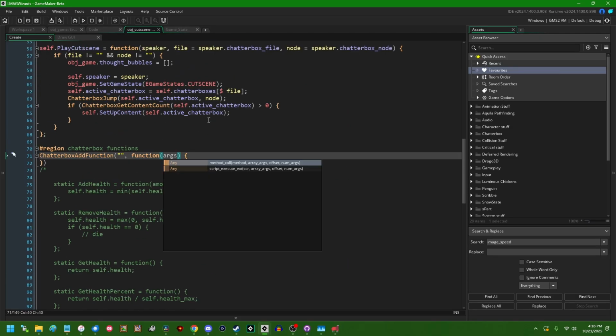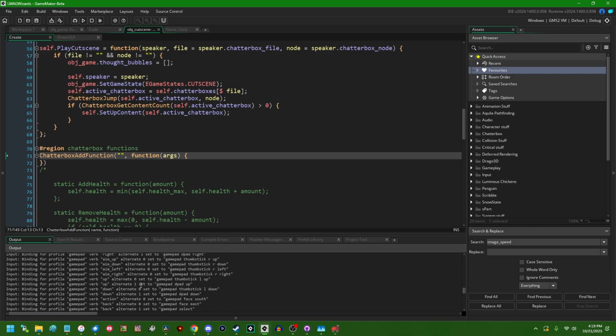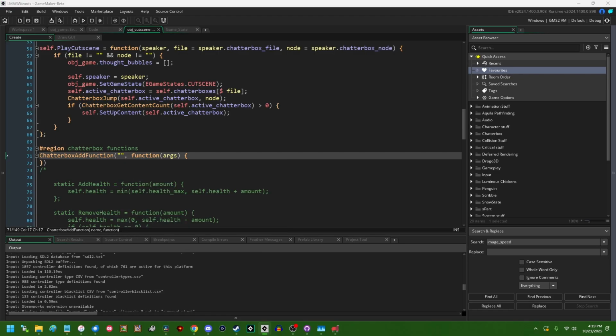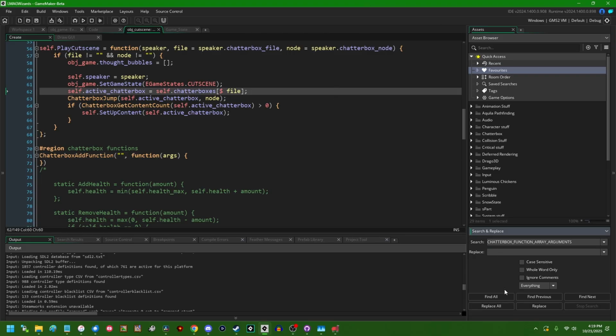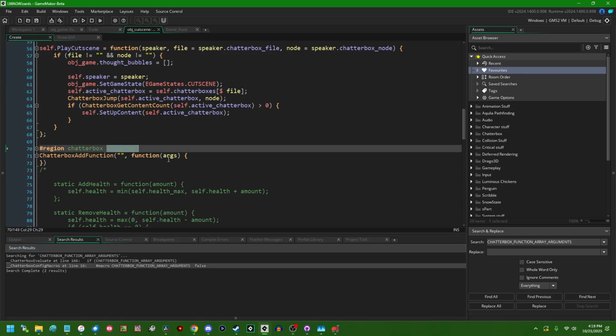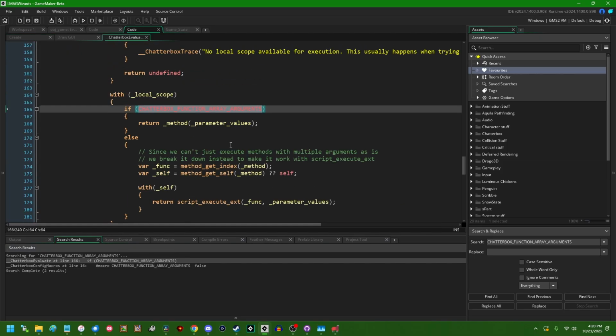So, what version of Chatterbox am I actually on? Because that will, believe it or not, make a difference. Because at one point... Hang on, let me actually see. At some point, Chatterbox was actually changed so that the way that you access the arguments within a function is different. So previously, this would have just been a single array. Kind of like the array of command line arguments if you've ever used C or something. But in semi-recent versions, Chatterbox function array arguments... yeah,